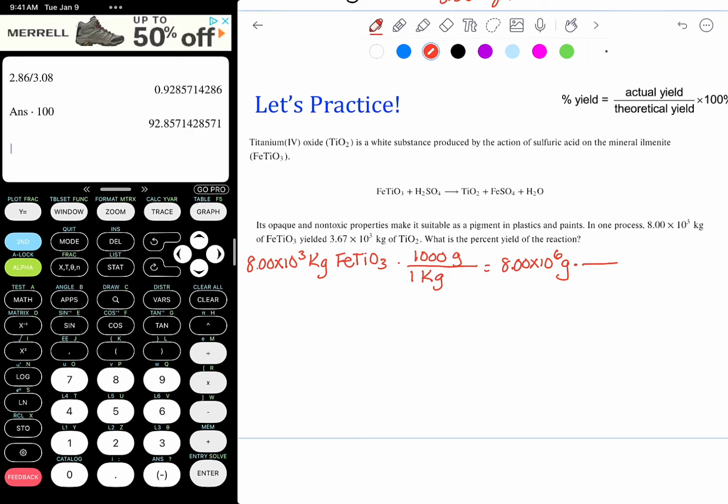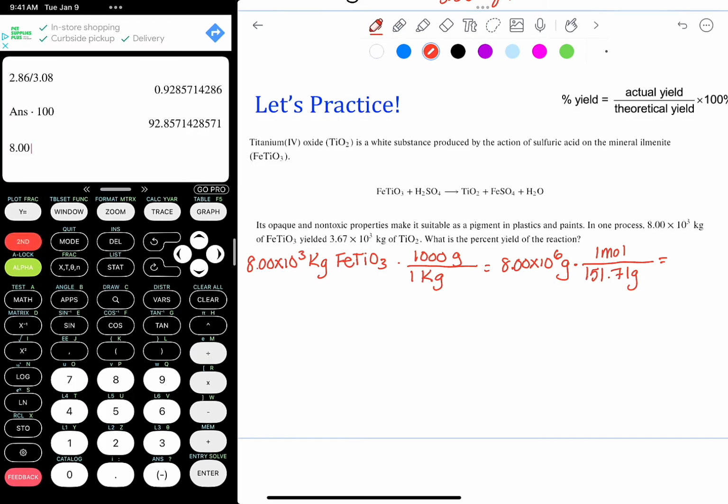We can then use the molar mass of ilmenite in order to find the moles. So 1 mole has a molar mass of 151.71 grams. So we take 8.0 times 10 to the 6, we divide it by 151.71, and we get a mole value of 52,732.186 moles of